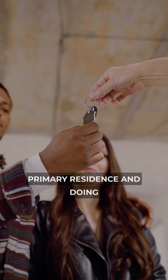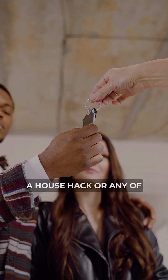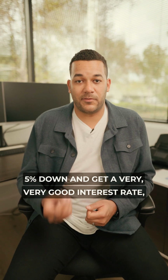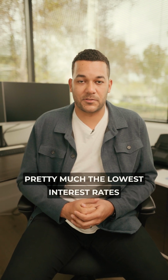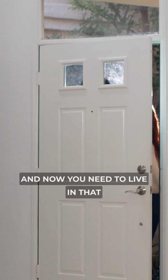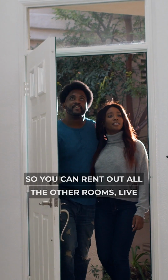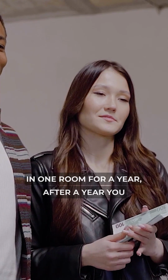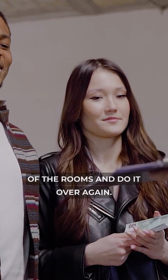But if you're buying for a primary residence and doing a house hack or any of those strategies, you're able to put down as little as 3.5% down and get a very, very good interest rate, pretty much the lowest interest rates that are out there. And now you need to live in that property for only 1 year, so you can rent out all the other rooms, live in one room for a year. After a year, you can move out of that house, rent out the rest of the rooms, and do it